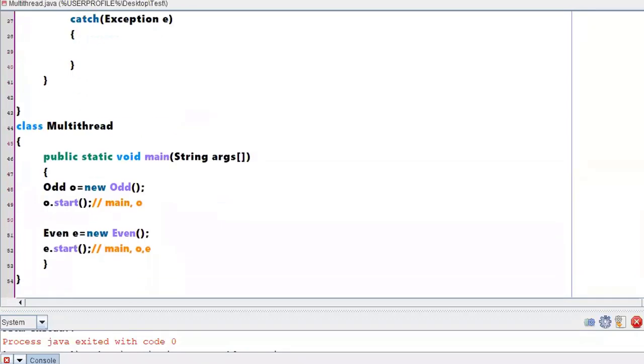So after this line, you will have these three threads in a pool. It is up to the scheduler which thread will be given priority and which thread will be executing its job, right? So let us check what the output of this program will be. Then we will draw a few conclusions.